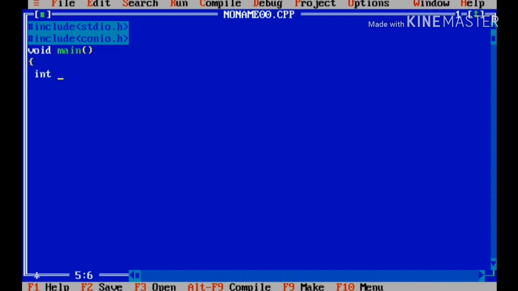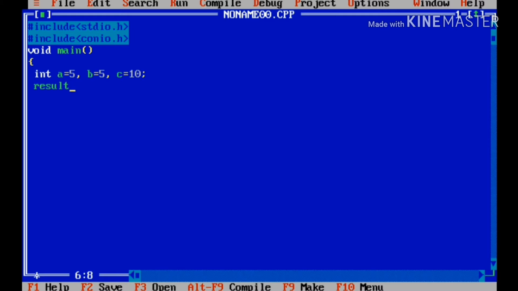We are declaring some variables: a equals to 5, b equals to 5, and c equals to 10. We are declaring all three variables of integer type.